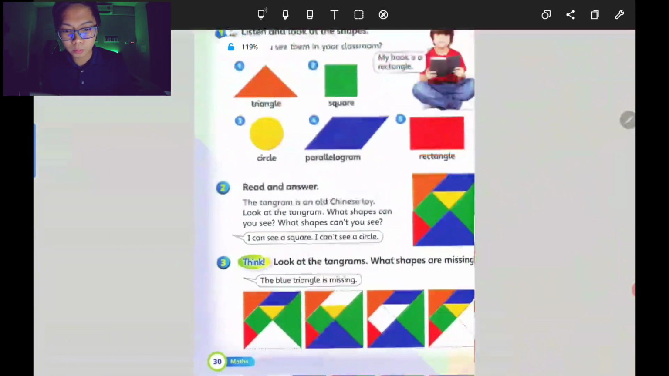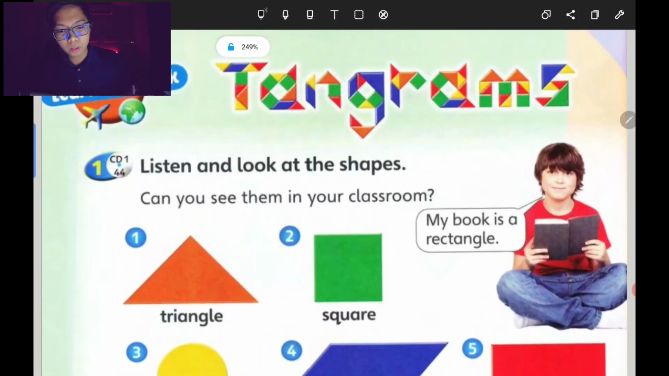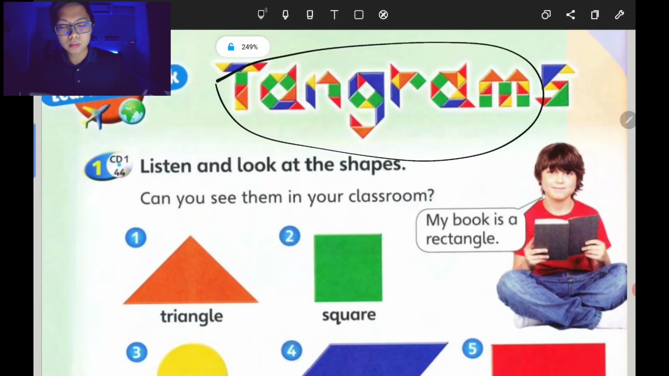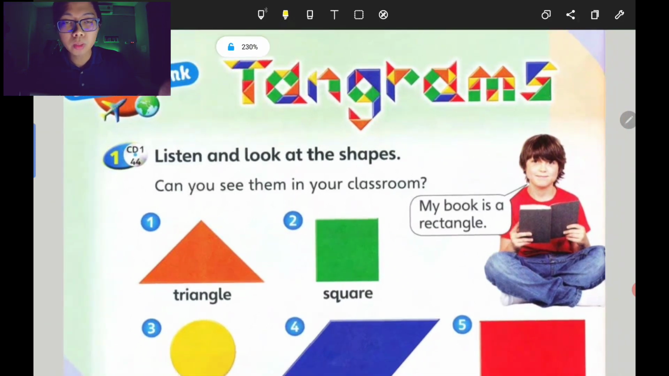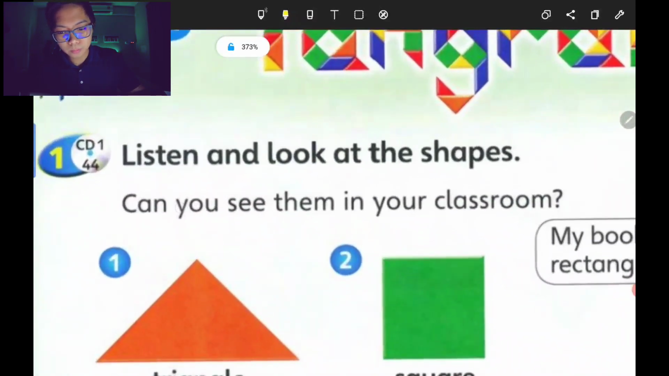Okay, muka surat 30. So on top of here we have the bigger title or the bigger topic. Okay, topik hari ini ialah tangram. Okay, tangrams. So you must be questioning, teacher, what tangrams are? Okay, apakah itu tangrams? But before we look into the meaning of this word, let's have a look at these shapes. Okay, so activity 1,